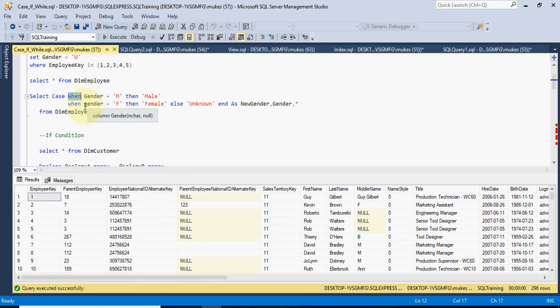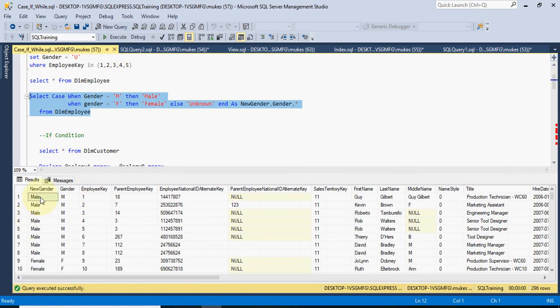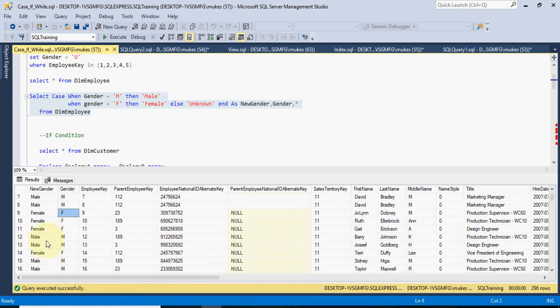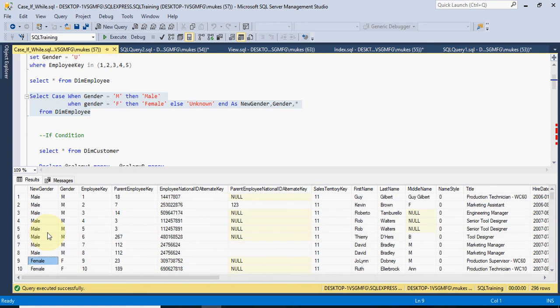Again you put WHEN gender is equal to this, THEN, ELSE, and END AS, you need to end the CASE statement. If you execute it, you can see that for M, the new gender is showing male, and if F is there, it shows female. Okay.